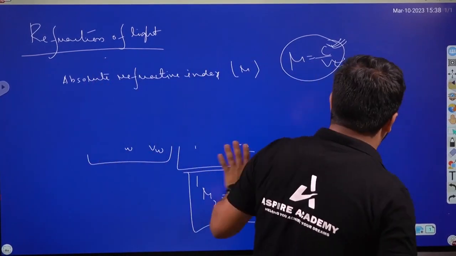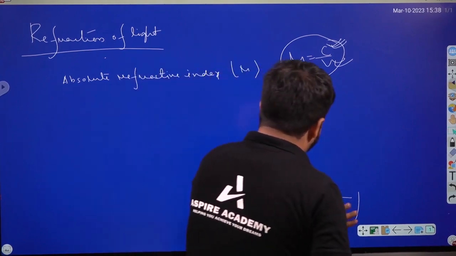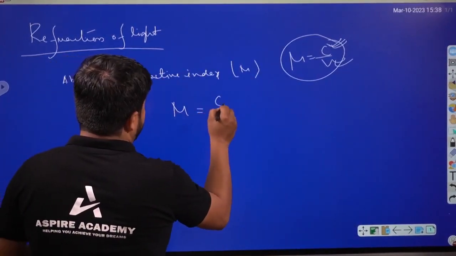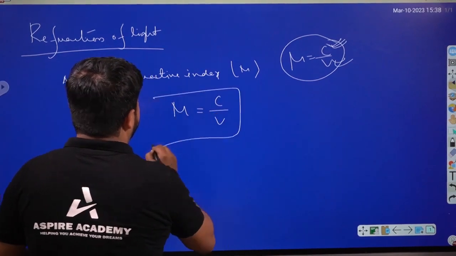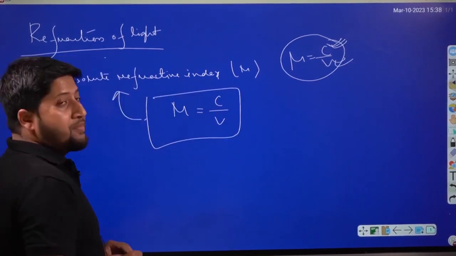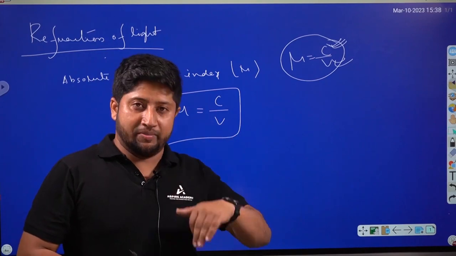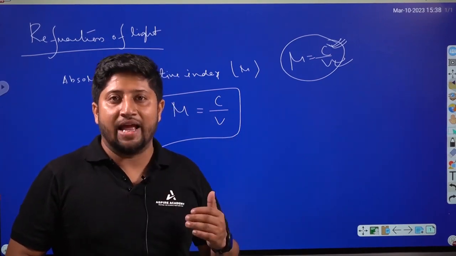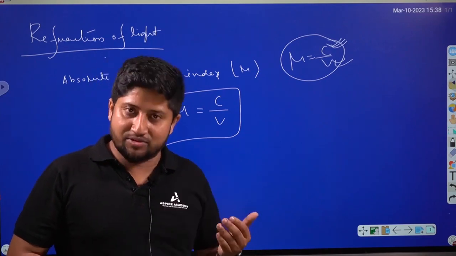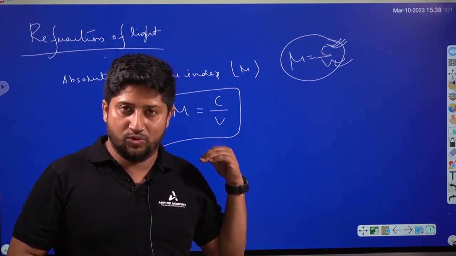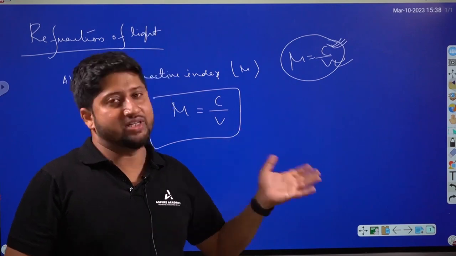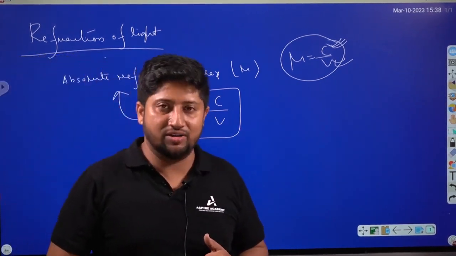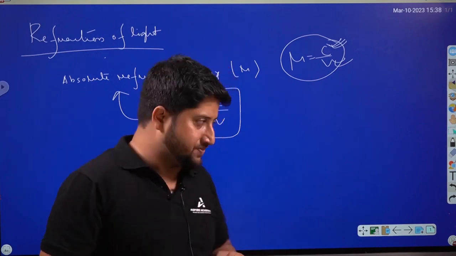So next one another কি থাকিলে absolute refractive index. Absolute to গম পালো আমি already, absolute refractive index হ'ব হলে কি হ'ব লাগিব mu is equal to hodai c by v হ'ব লাগিব. Light is traveling from vacuum to medium then this ratio is called absolute refractive index. So these are two different refractive index, one is called absolute refractive index and another one is called relative refractive index. Okay.